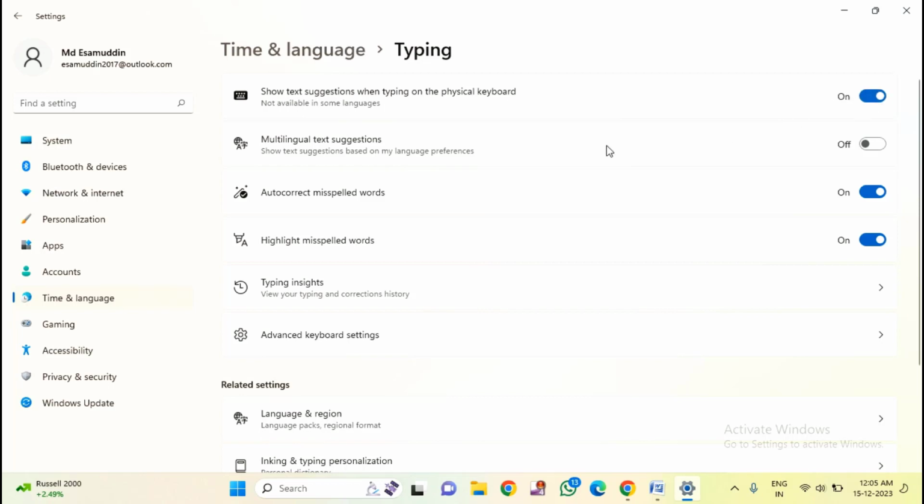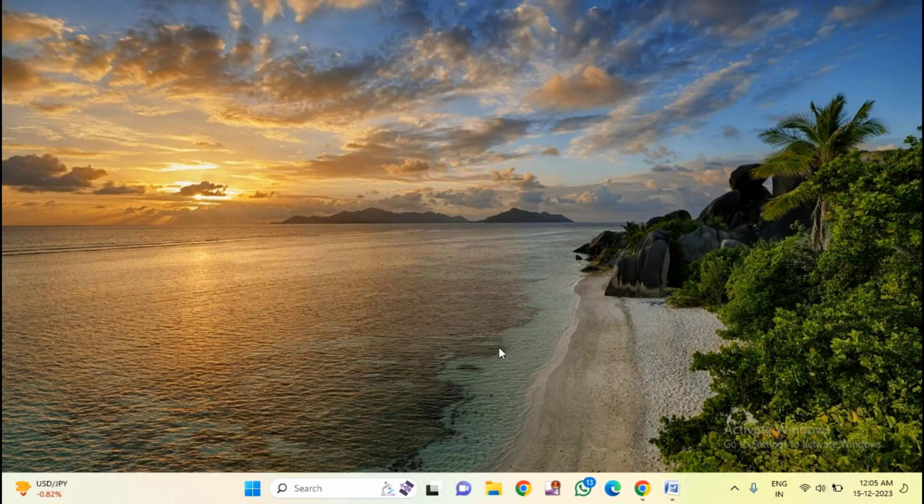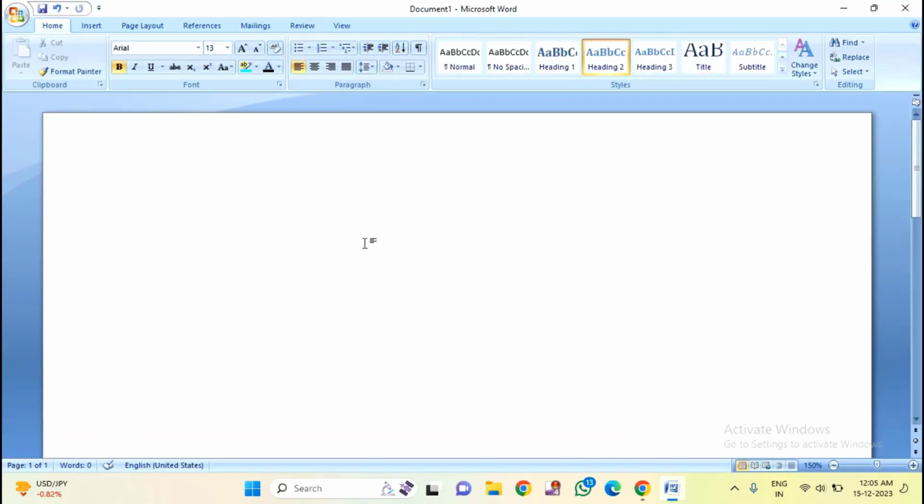Just enable this option. After that you will find the second option, multilingual text suggestions. You have to enable this option also. After enabling both of these, just close this window and open your Word file. After opening the Word file, you have to change the font to Segoe UI Symbol,